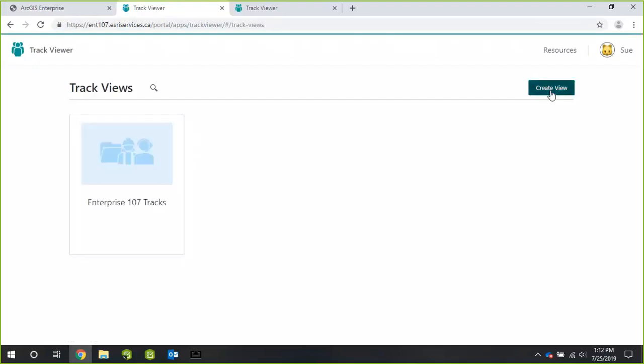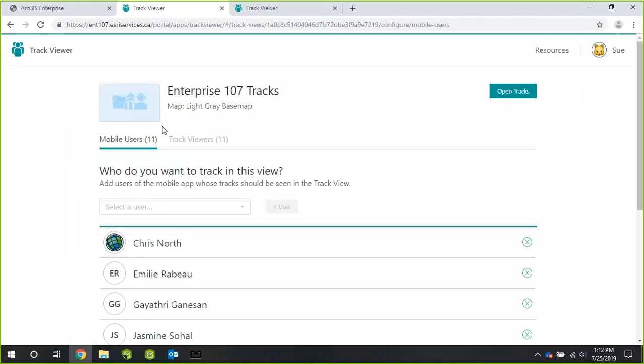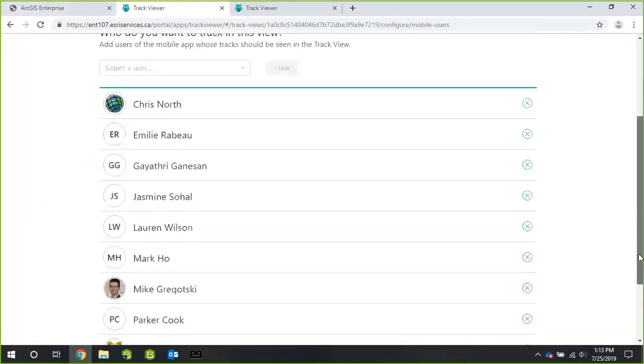There's a new create view option here. I've already created one for my team. We only have one in my case just because this is really for testers in our Esri organization here. And again, those 2 different tabs, who are the mobile users? So all the people on this list have a tracker license, and they can